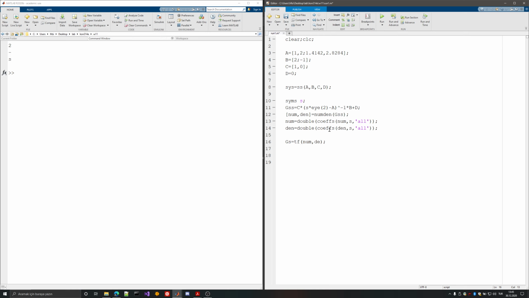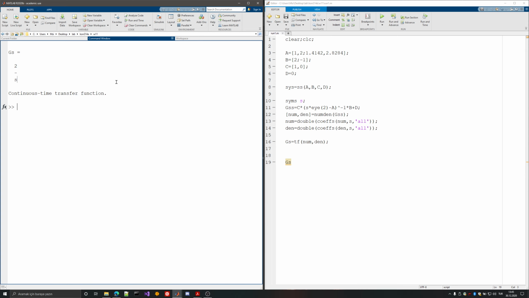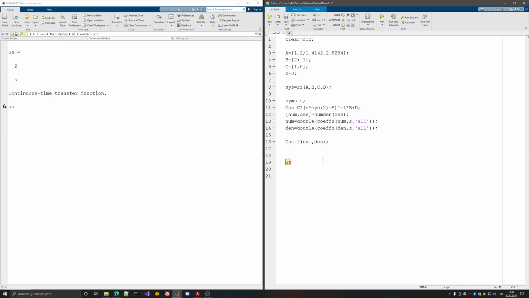Since I have the coefficients and since they are double, I can provide this, and I can get the continuous time transfer function. Now it will be possible to use step on this, and you can also use step on SS objects, since both are system objects, you can use systems with step. So everything that you can do with the transfer function, if it makes sense, can be used with these objects,